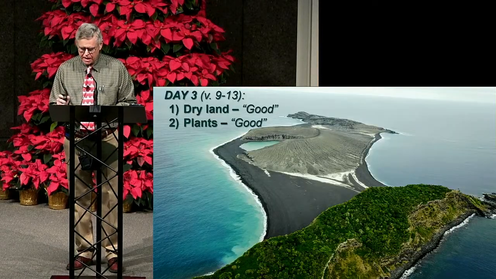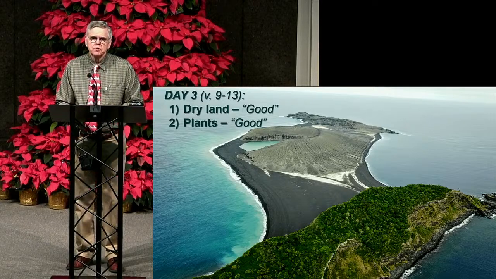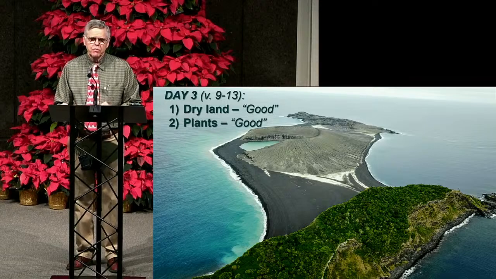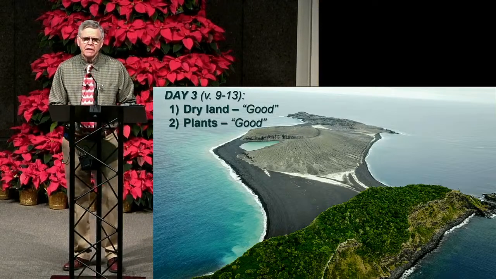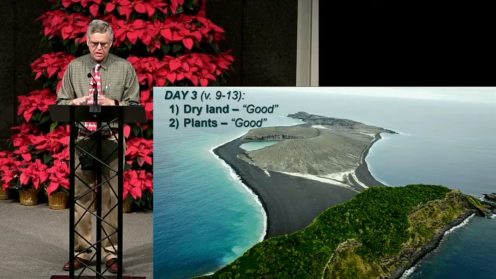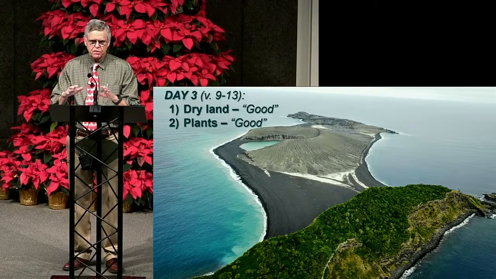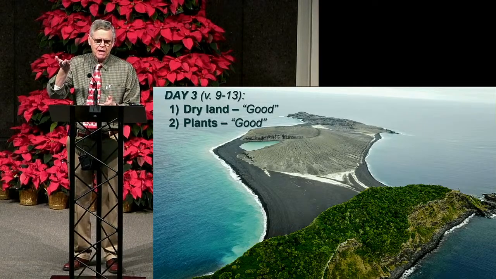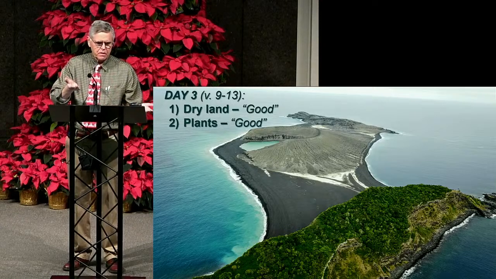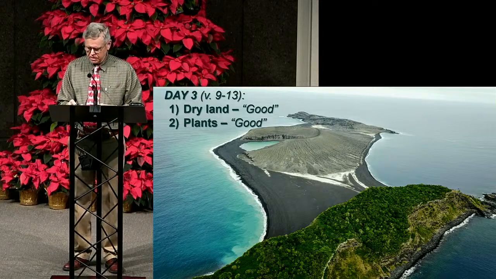And then on day 3, that's when God created dry land and plants. So he really did two separate acts here. And at the completion of each of these, he said it was good. So dry land, it sounds like the earth was just like a ball of rock, but it's covered with water. And at some point, he must have raised up certain land masses, which would then make the water go down to the lower elevation. So that's what he did.